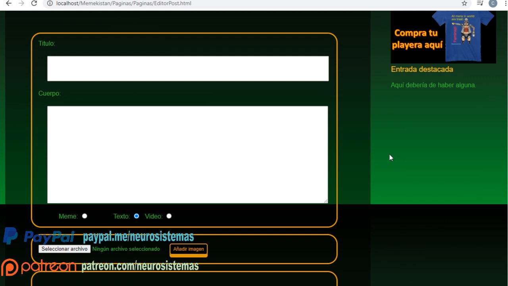That's all you have to do. Control Shift R. That gets rid of the cached version, and it forces the new version of the